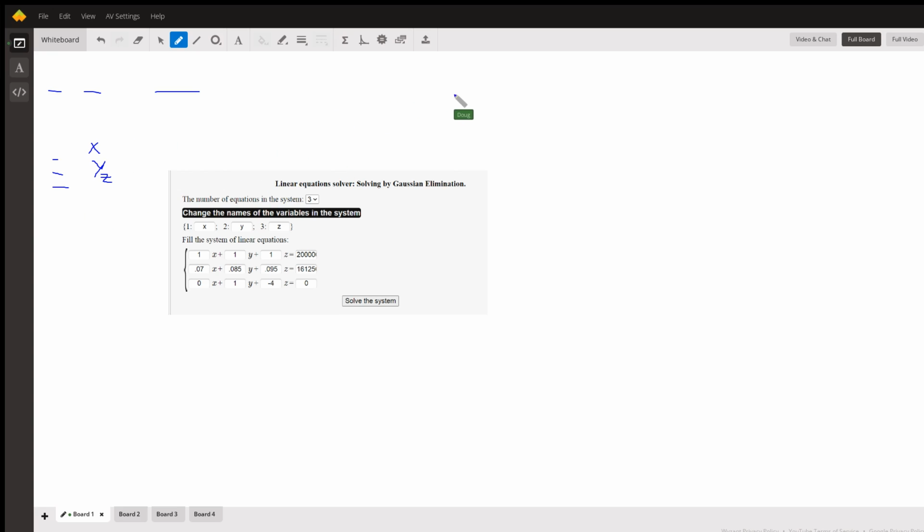So the sum of X plus Y plus Z must equal 2 million. That's the total amount invested. And then you're told that the total interest earned is 161,250. So if we take 7% of X plus 8.5% of Y plus 9.5% of Z, we get the amount